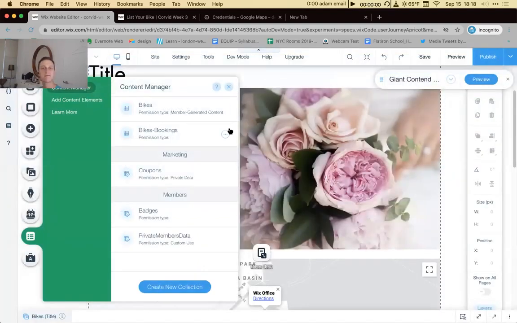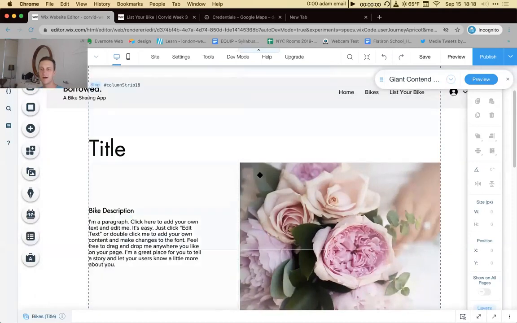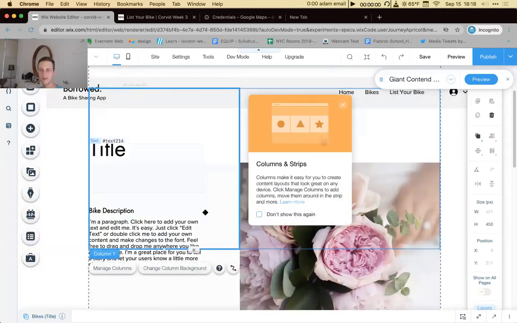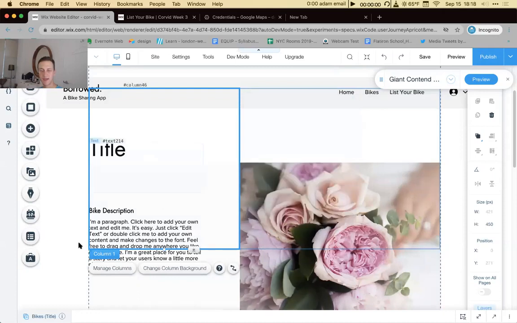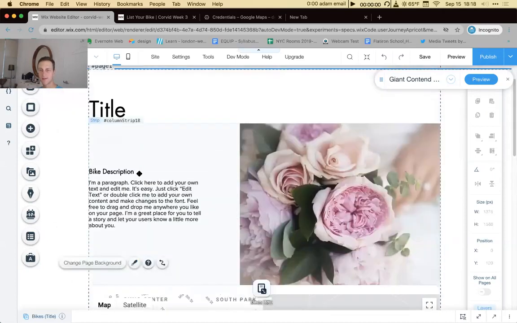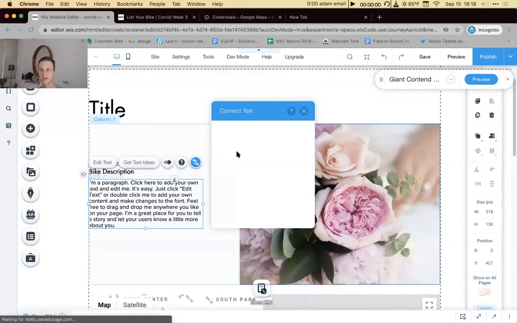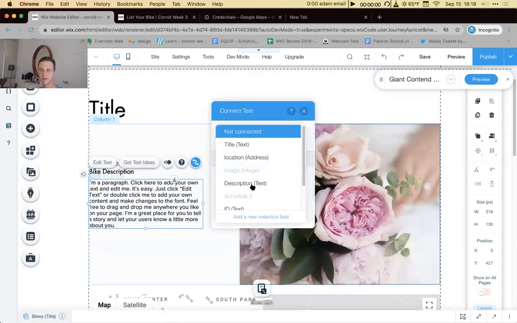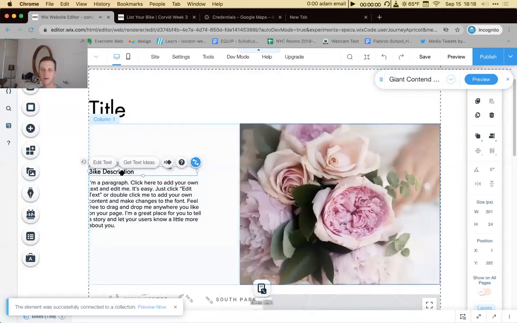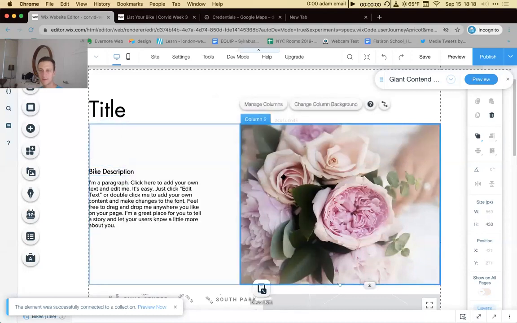But while we're here, let's connect all this stuff up. Let's make sure this is all working. Our bike description, let me connect that up to the bike's description. Our image, let me connect that up to